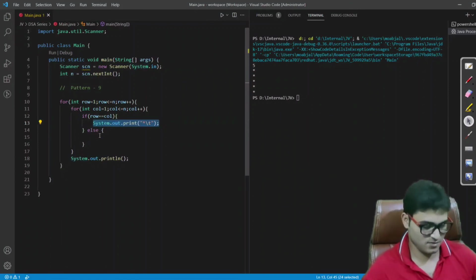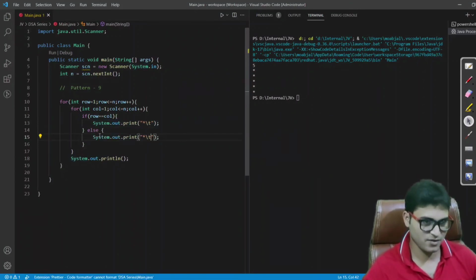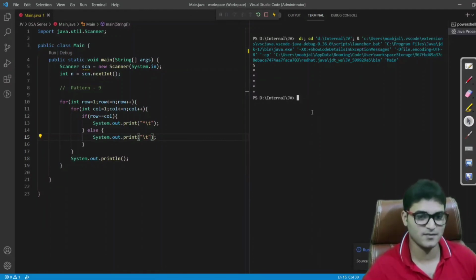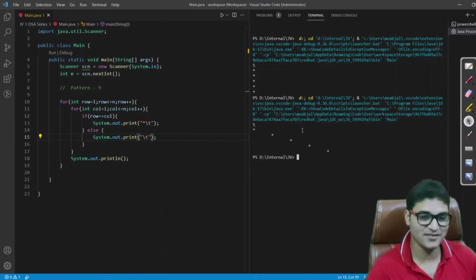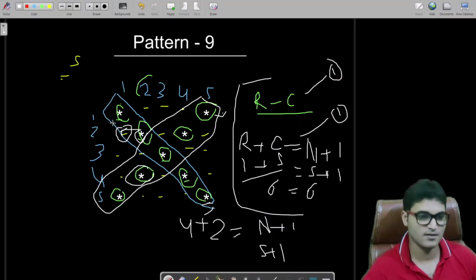Instead of giving much philosophy, I'm just writing code because I believe in code. Okay, so I'm entering 5. You can see it has printed the 7 pattern, or this diagonal.